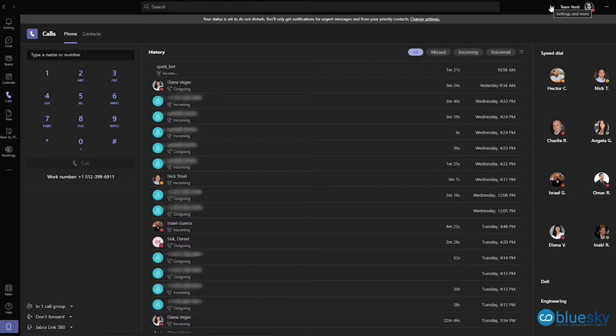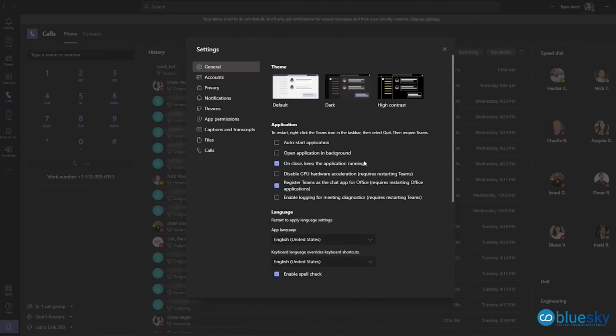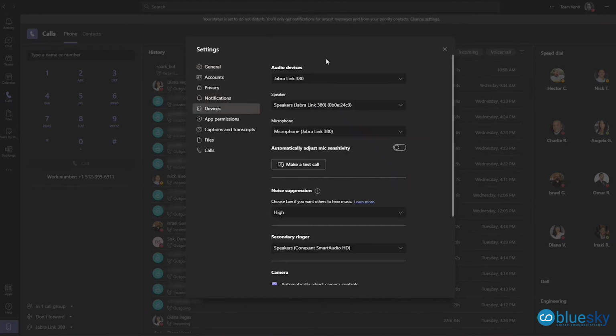To access the settings, we'll click on the ellipsis on the top right-hand corner, then settings, and then we'll click on settings. This will take us to the settings menu, which we can navigate to the devices section. It takes us to all of the controls that we need to manage our audio. The first drop down gives us access to controlling